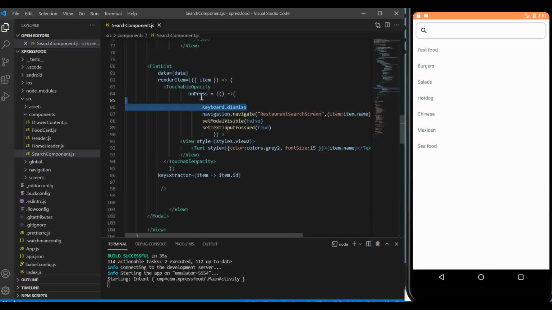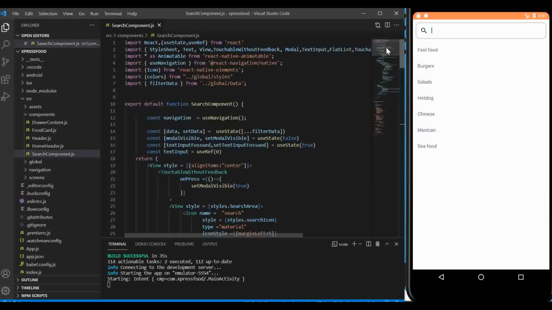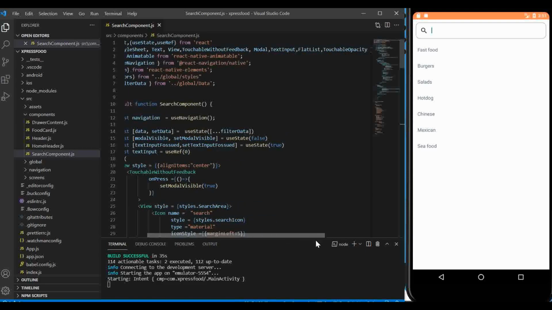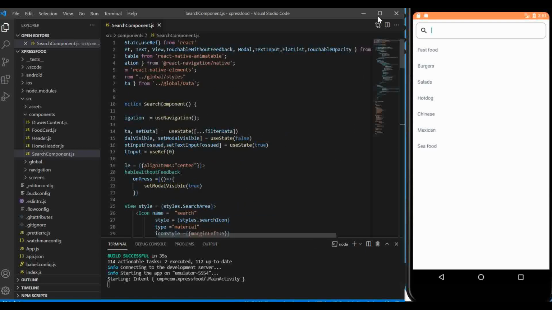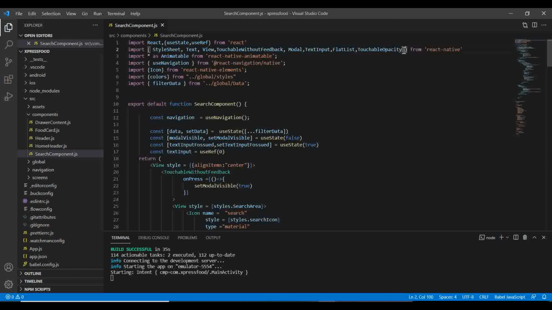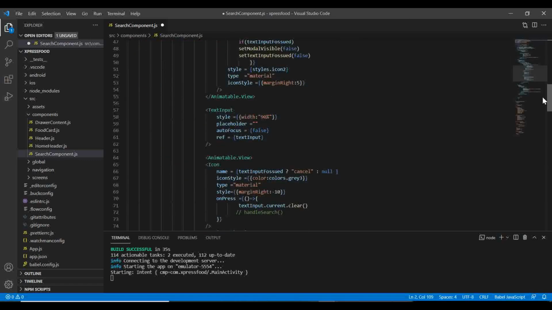I did put this method here, but I did not import the keyboard. So just make sure you go to React Native, import up on top there. Let me make the screen bigger. Here, import Keyboard as well. If you have the keyboard imported like that, then you can scroll back down to the